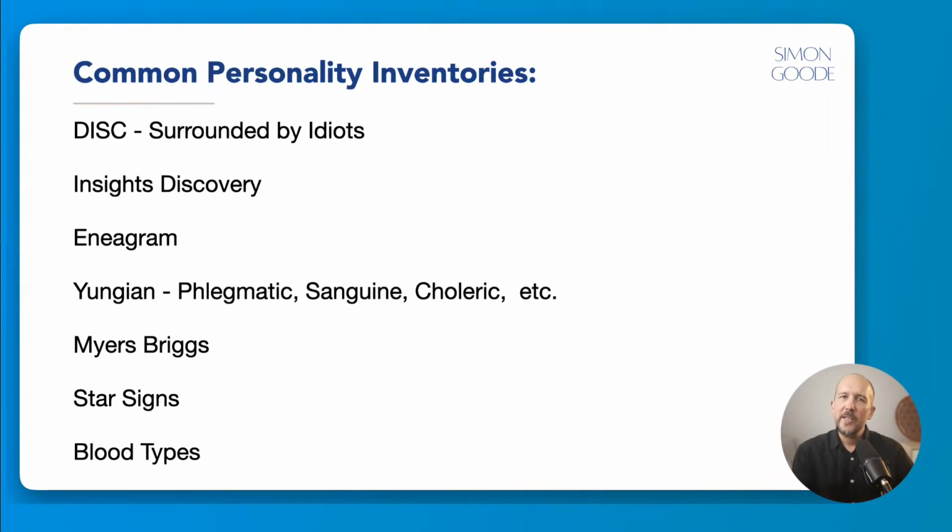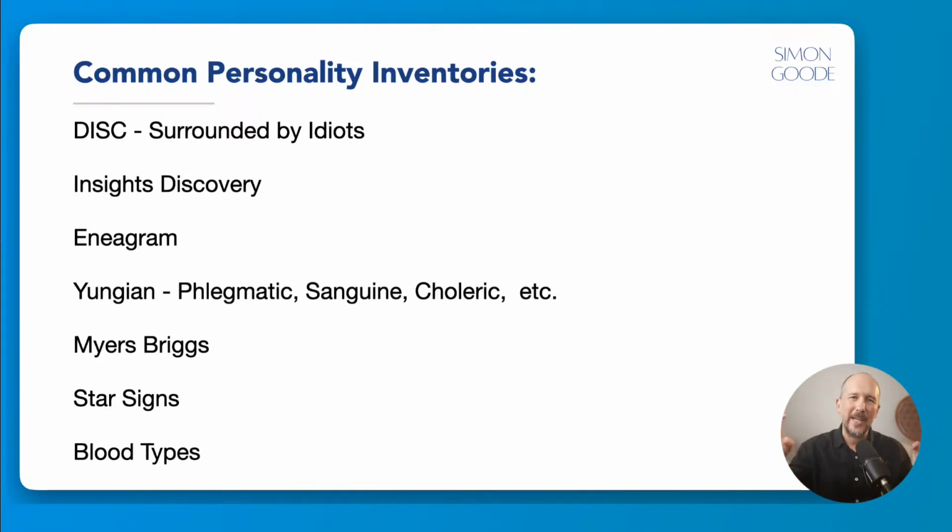The DISC model is a very common one connected to workplace behavior. I used to really like the DISC model myself, and I still find it reasonably helpful. There's a good book that's written called Surrounded by Idiots. I really like that one too, and it's in the additional resources of a few of the different lists that I've compiled over the years. It basically uses that DISC